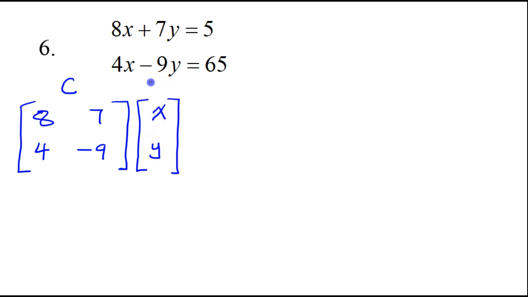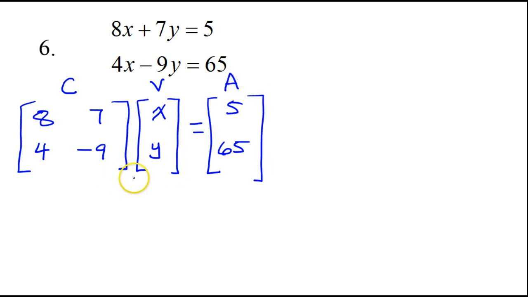This is my variable matrix, so I will call it matrix V. And then we have the answers, these constants over here. So I will write 5 and 65,